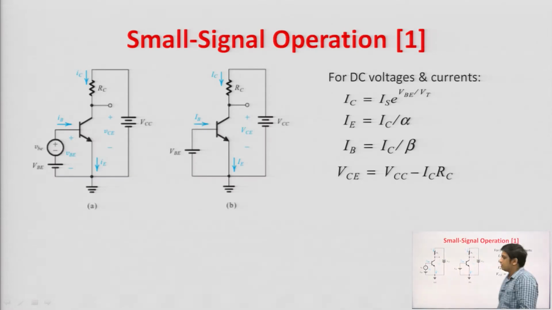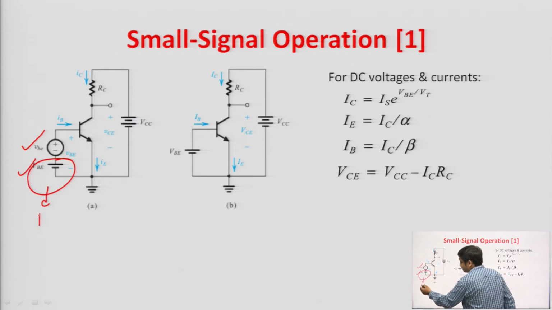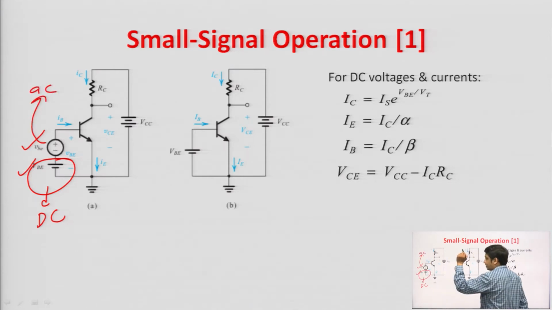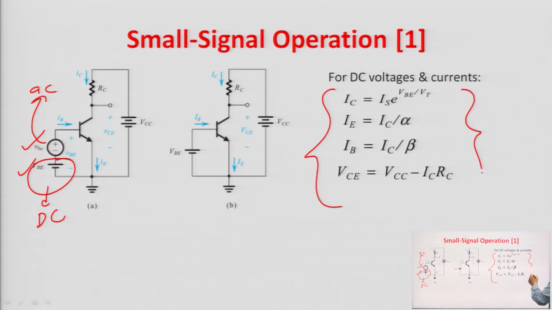So, starting with this basic circuit of common emitter amplifier. This is small v b e, this is capital V B E, your DC bias voltage, your DC quantity, and this is your AC quantity, fine. When we do the small signal analysis, we remove the DC sources. Removal means we short circuit the voltage source and open circuit the current source.